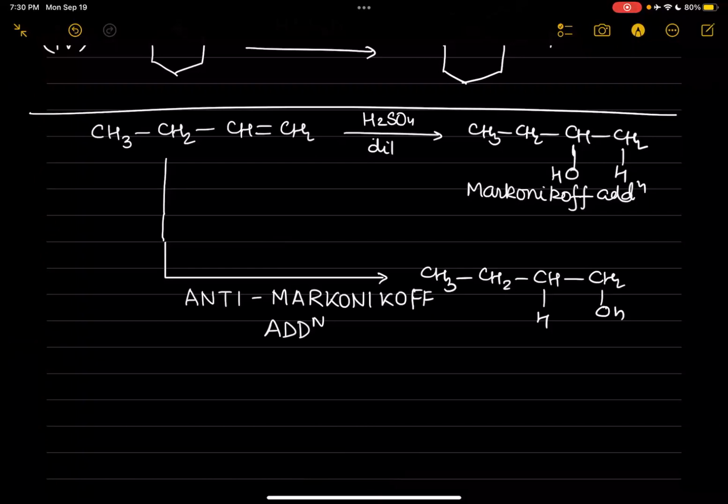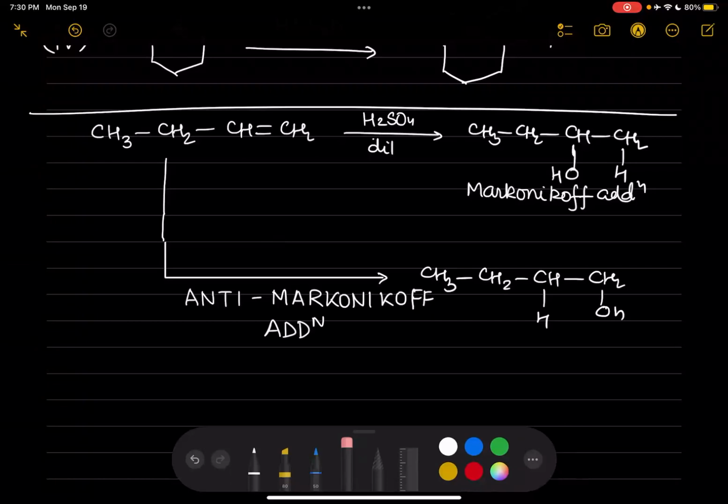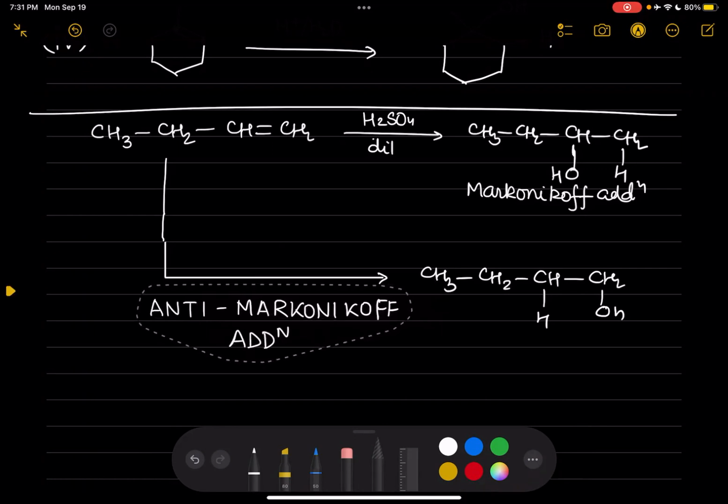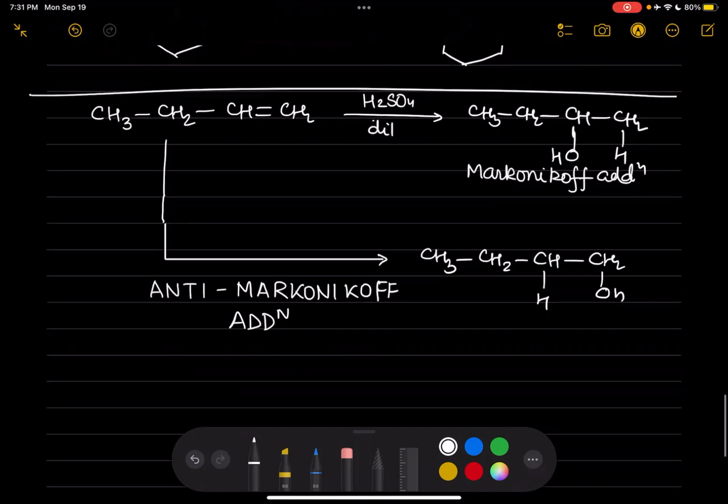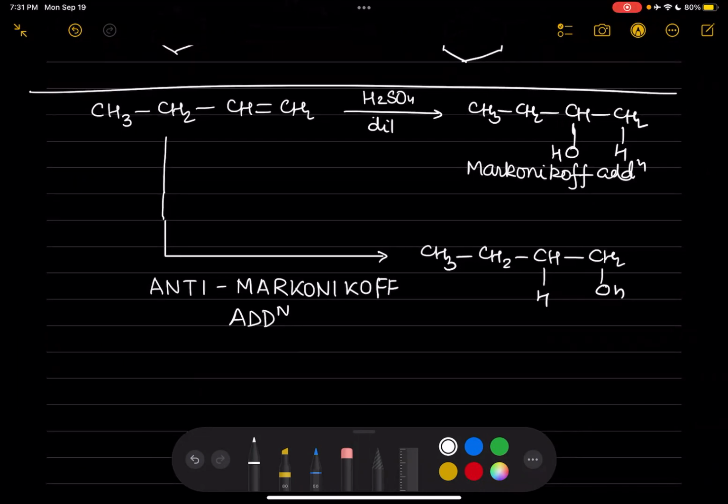Till now, we have seen anti-Markovnikov addition of HBr. Out of HF, HCl, HBr, and HI, we had a facility to put the HBr in two different ways on the double bond. One was Markovnikov fashion, another was anti-Markovnikov if you take HBr in the presence of peroxide. But the peroxide is not H2O2. Sometimes we may write it, but that is not appropriate. We should actually write benzoyl peroxide. Or if nothing is given, it will work. So HBr in the presence of peroxide is going to add in an anti-Markovnikov fashion, right? But for addition of water,